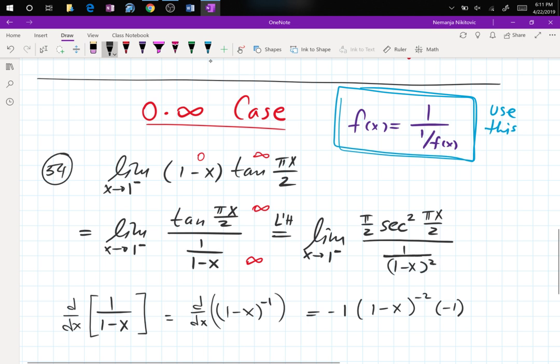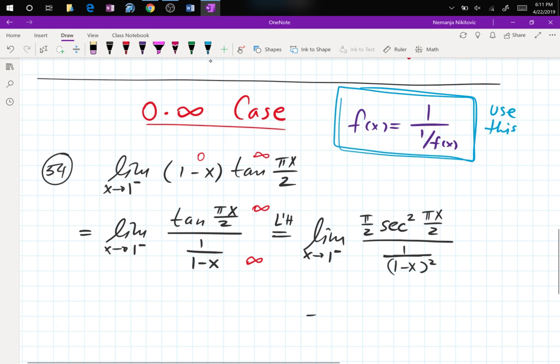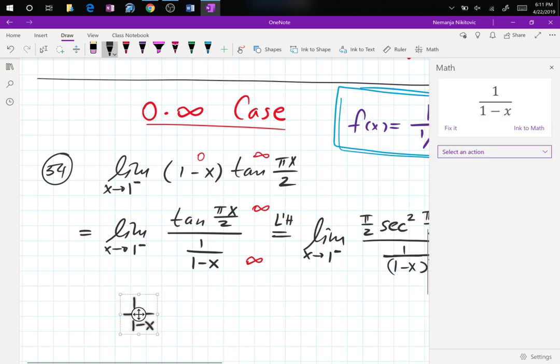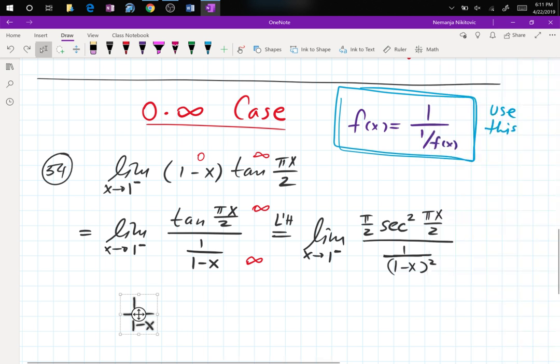That's what it is. Now let me show you the easier way to do this derivative. If you are taking the derivative of 1 over 1 minus x, you select this, and then you push the math button, and then you click over here on the pull down menu, you say differentiate. And it gives you 1 over. So that's the faster way to differentiate. Just need to make sure that you. Alright. So now,